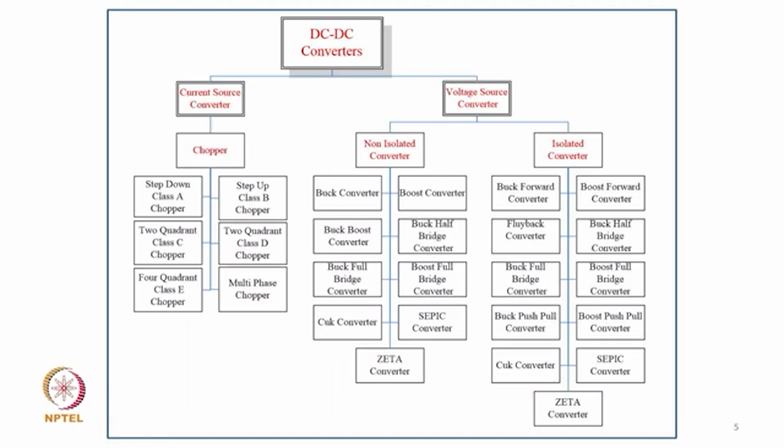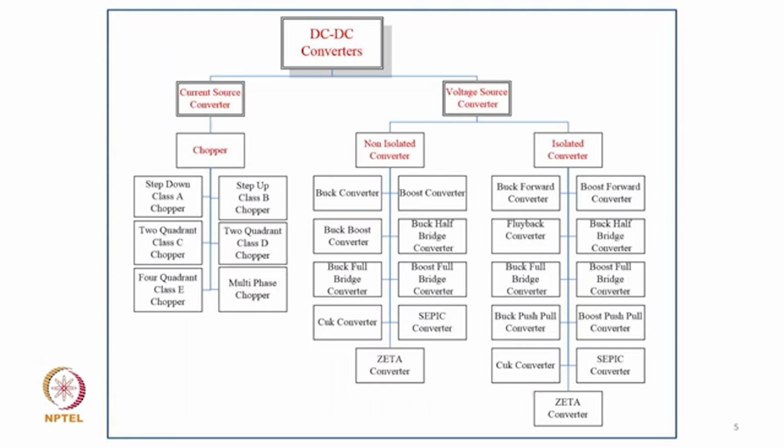It is classified into six categories: class A step down, class B step up, then two quadrant choppers of class C and class D, then four quadrant chopper and multi-phase chopper. So we classify the chopper into six categories. Then we have voltage source converters, which are classified into two categories: non-isolated